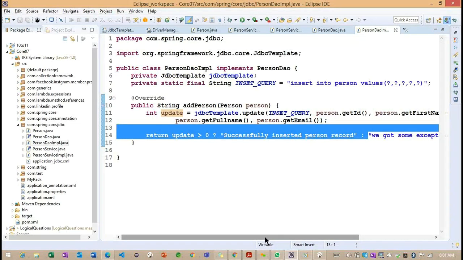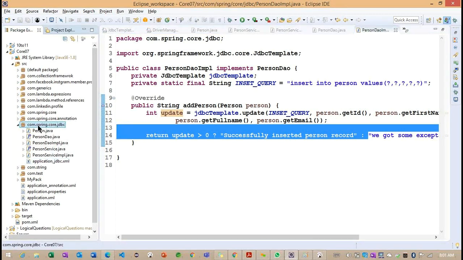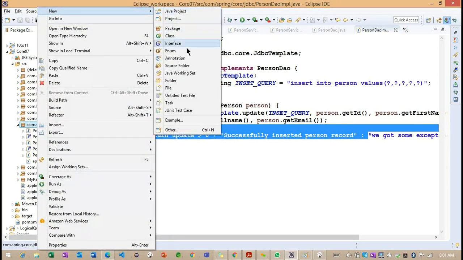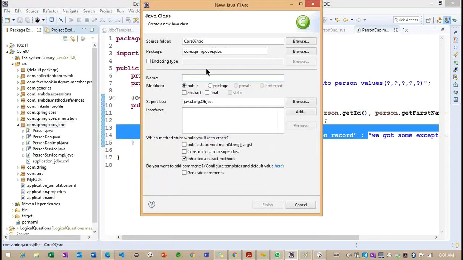Okay. So finally, we created up to the person DAO IMPL. Now I want to run this application, so you need to provide information like how many objects we need to create here. Meanwhile, I will try to create a main class. You need to think and let me know how many class objects we need to create and what are the ways we can create an object here.